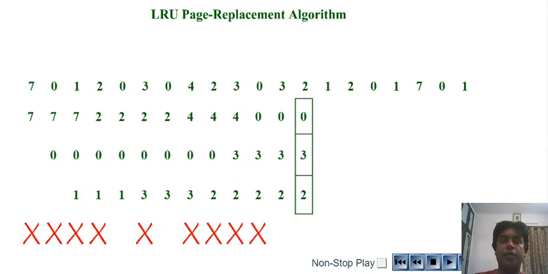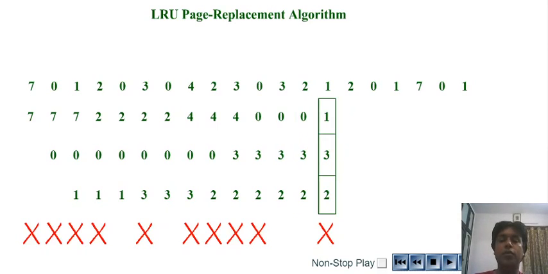After this, we want to swap in page number 1 in my memory. So we are going to select which one to replace, either 0, 3, or 2. Now as we all know, we are looking for the least recently used. So out of these, 2 is recently used, before 2 it was 3, and before 3 it was 0, that was least recently used. So we are going to replace 0.